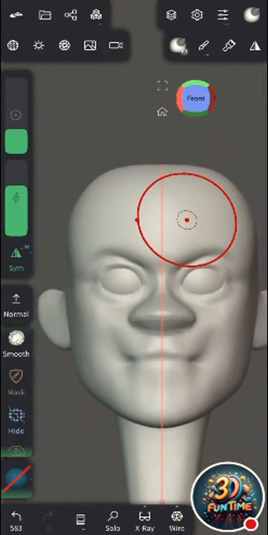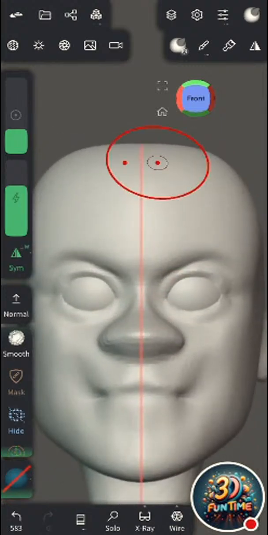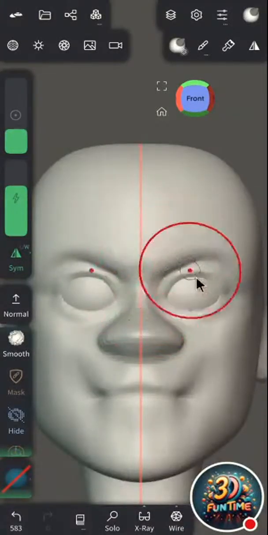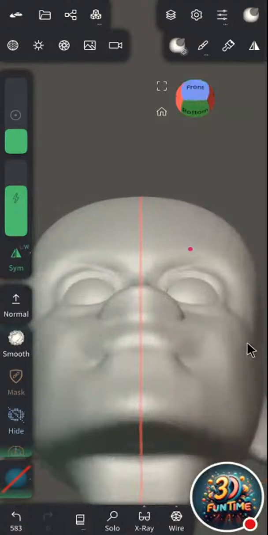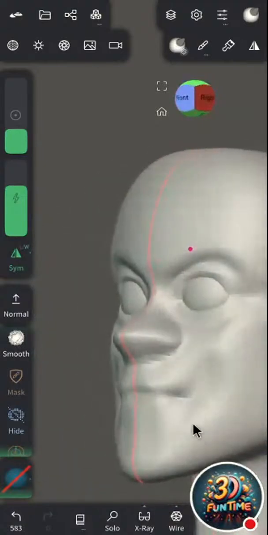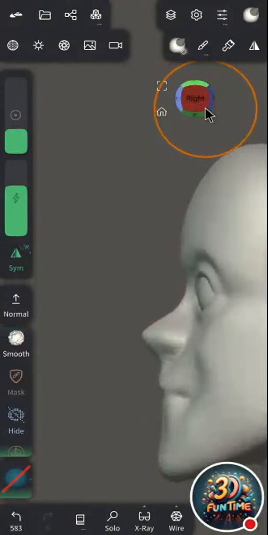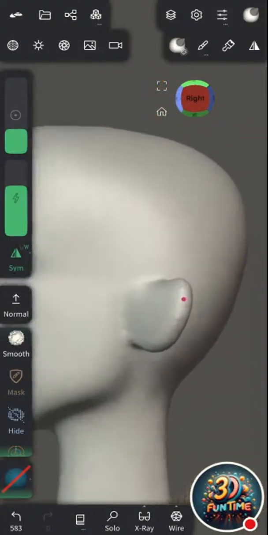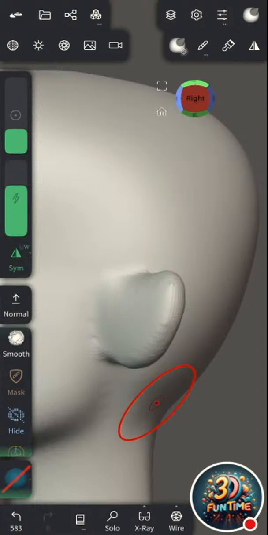Now it's looking okay. I think we would work on the nostrils. Before we move to the nostrils, I would like to work on the ears